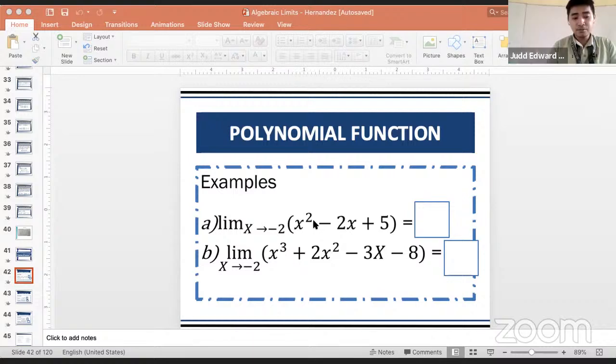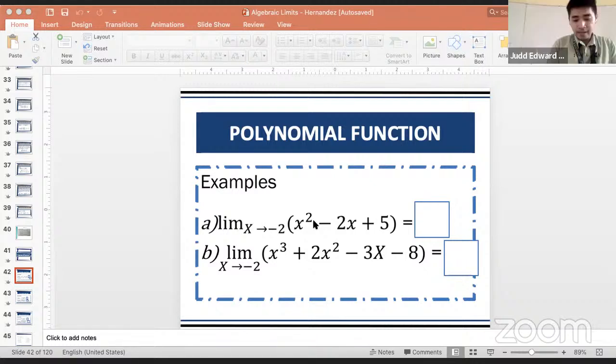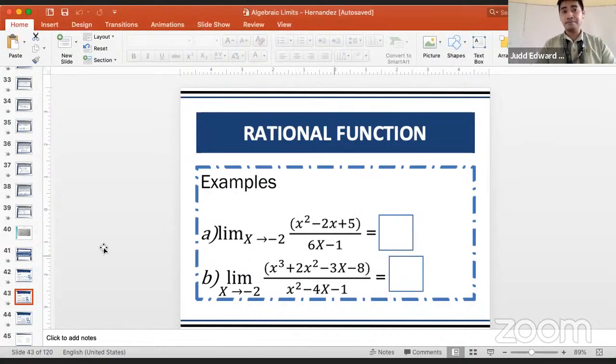Positive 14. So do you have another answer? Sir, negative 2 po. The answer is negative 2 po. Okay, the correct answer is negative 2. So do you have the same answer po as negative 2? Okay. So next. What if we're now given